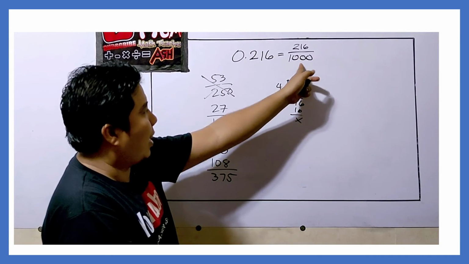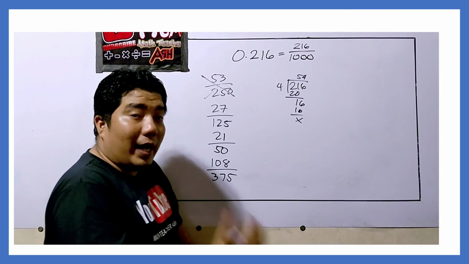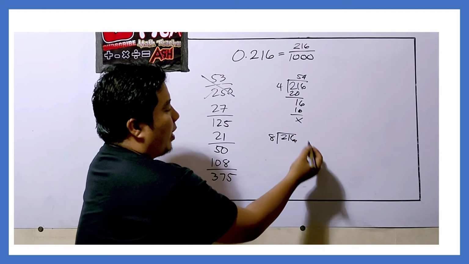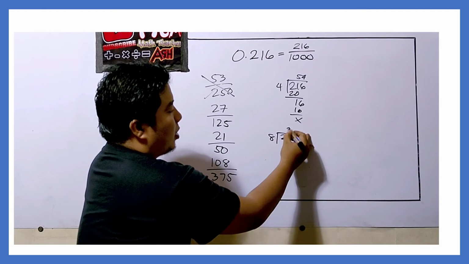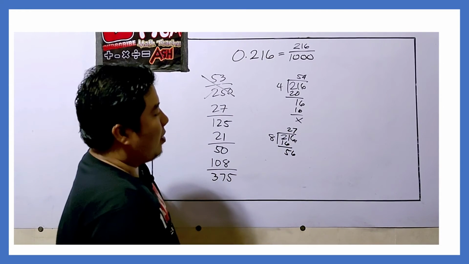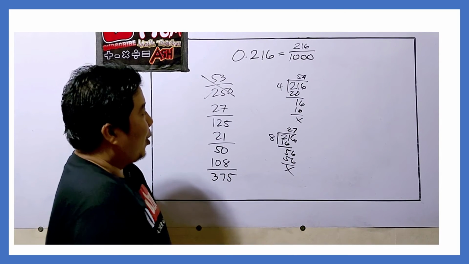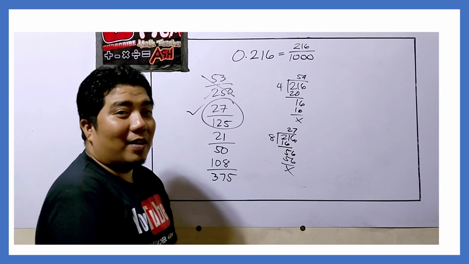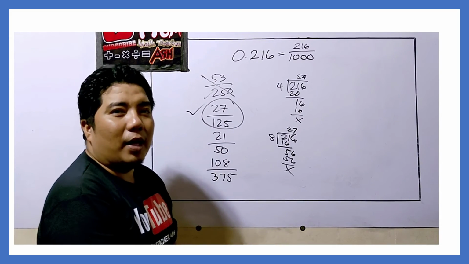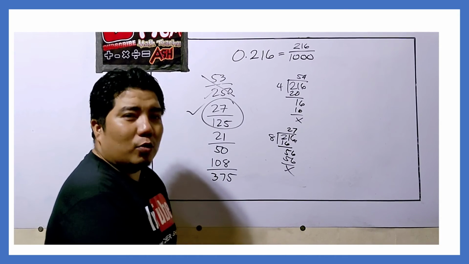Okay. Now, how about 125? What happened to 1,000? Why did it become 125? Of course, it is divided by 8. So, we can divide 216 by 8. And the answer for that one is 27 over 125. So, basically, we already have achieved our answer. So, this is the correct answer for this given problem. Now, do we need to validate the other given choices? If you still have time, then you can do so.